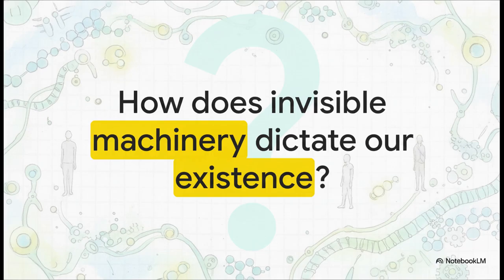And that brings us to this final thought. You don't just have one of these microscopic cities inside you. You have roughly 30 trillion of them, all working together in complete harmonious synchronization. So, if just one of your 30 trillion cells operates as a highly advanced automated metropolis, how does this invisible machinery dictate our very existence? The sheer scale and brilliance of your molecular architecture is extraordinary, and the more we understand it, the more we understand